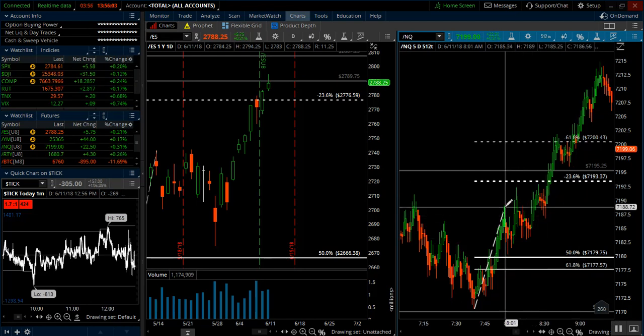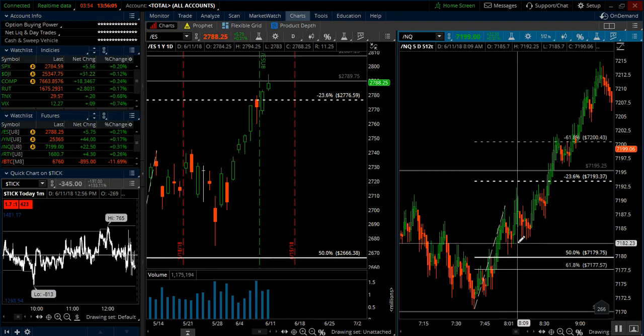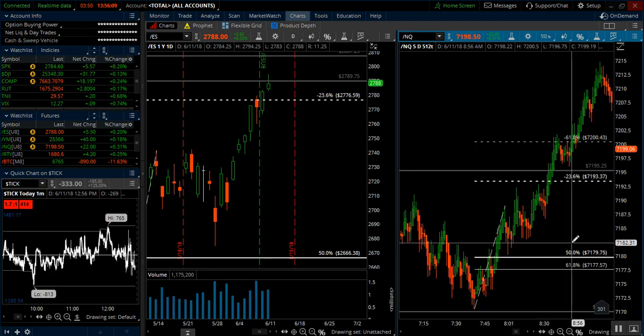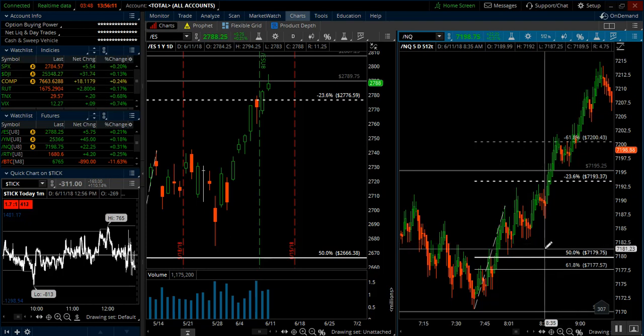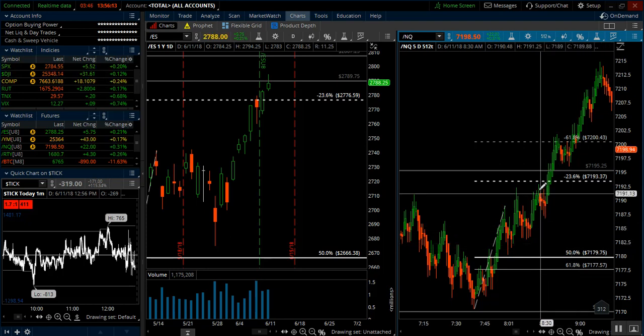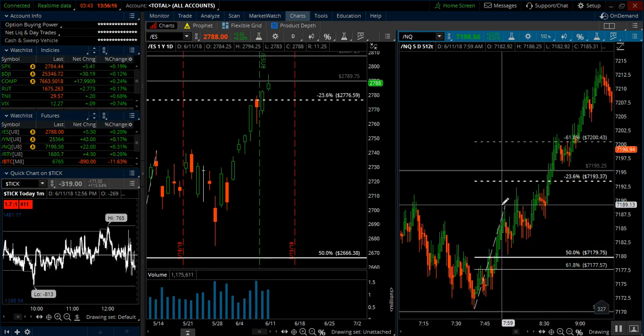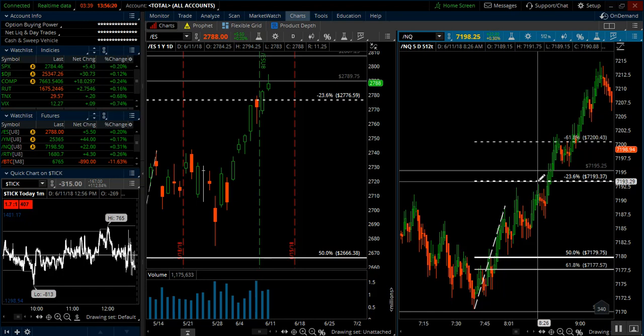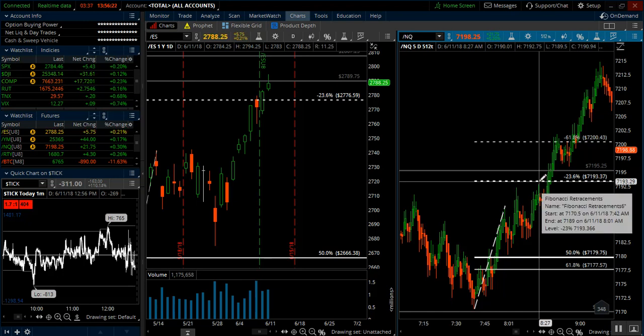If we just break highs by a tick or two and then pull back, that's not giving a lot of strength signal-wise to take another long. So once I saw that we broke highs the first time here, and then we were able to get just about all the way to the negative 23% target,